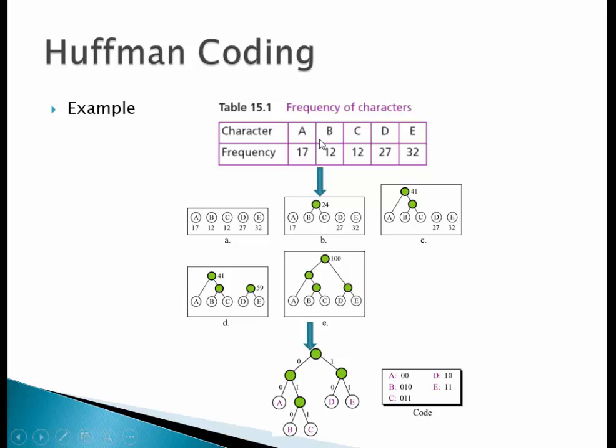So we will now look at the procedure of making the Huffman tree. Now see, as B and C have frequency 12, they will be combined to make 24. Now A has frequency 17 and is stored separately. Now the summation of A, B, C together is 41. We will do the same with D and E, as E has the highest frequency and D has the second highest frequency. We will sum them, which comes to 59. Now by combining the two branches, the branch of ABC and the branch of DE, we will get a sum of 100. Now this is the final tree.